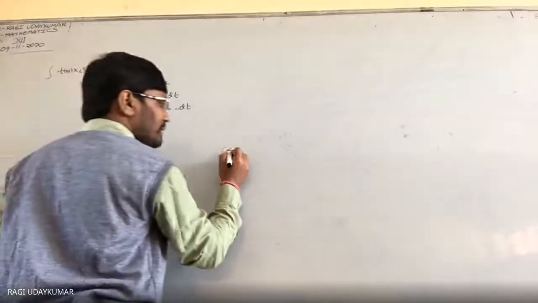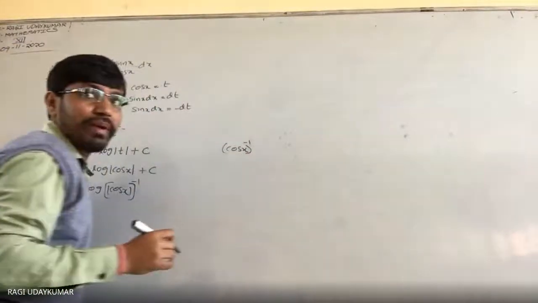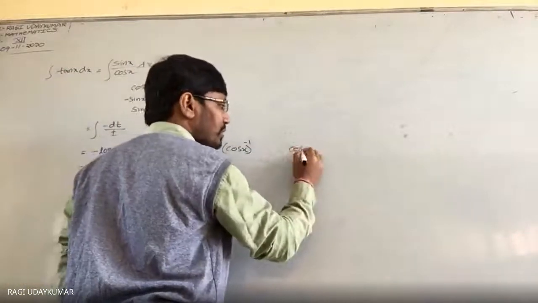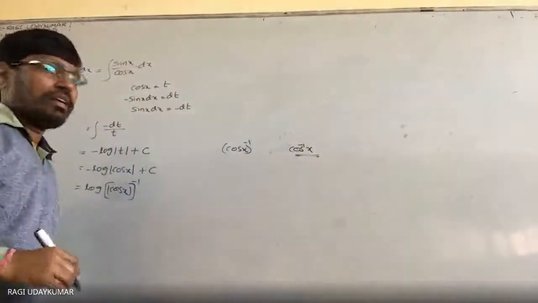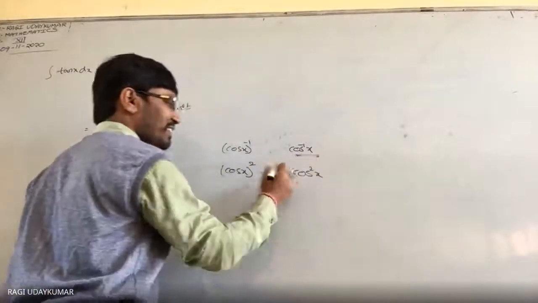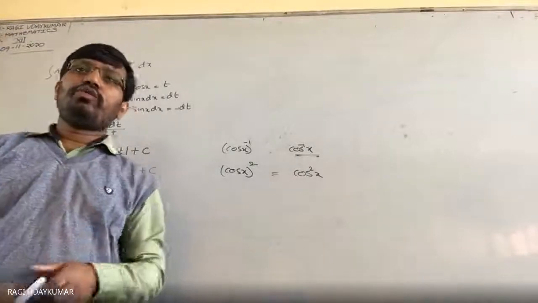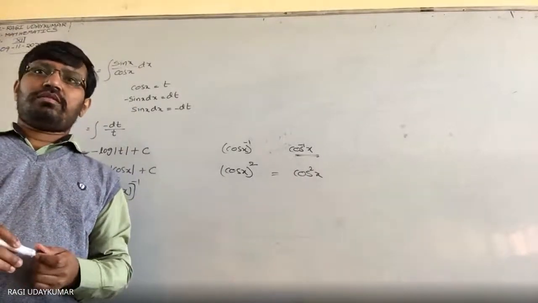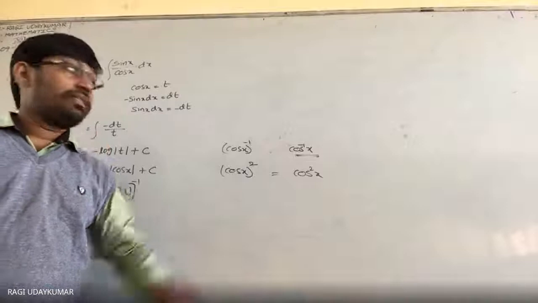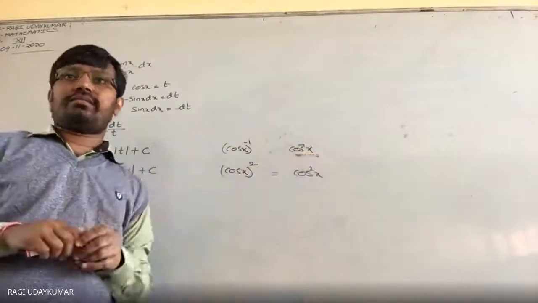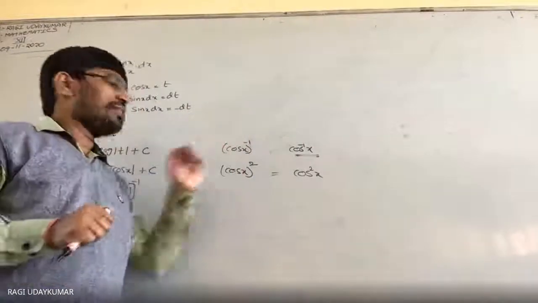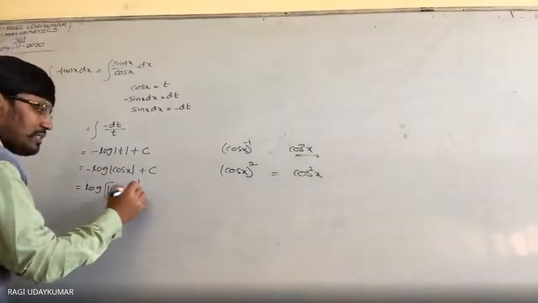So do remember that this is completely different. Once again I am reminding you about the inverse trigonometric ratios you learned. This is completely different from this one. This identification you need to know; most of the students don't know it. This is secant x, the reciprocal of cos x. That is the inverse trigonometric function of cos, and this is cos inverse x. So do remember that point. This is completely different.